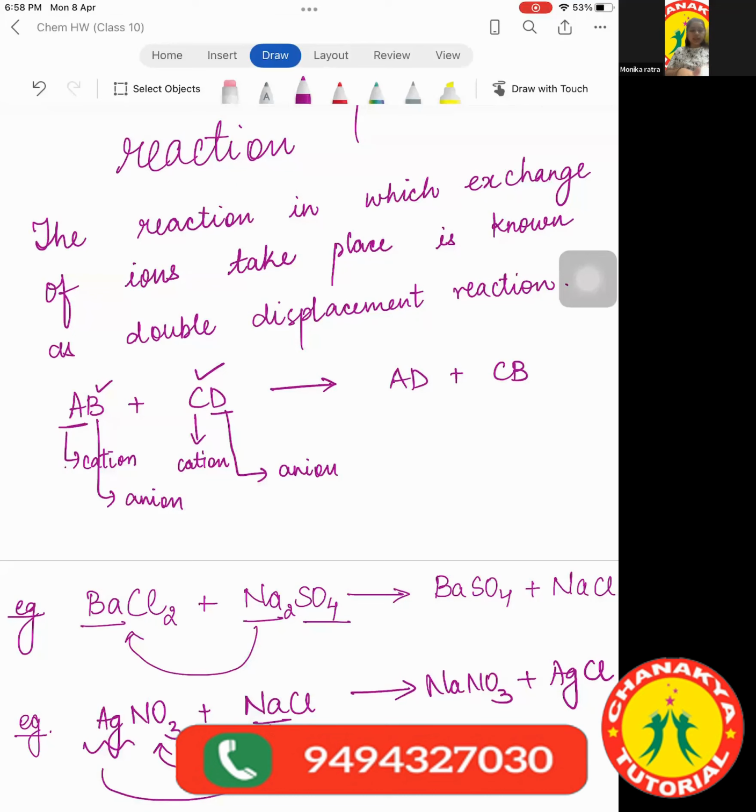Children, in the next class, that is on Wednesday, we are going to do the last reaction of NCERT, and I'm going to introduce you to two more reactions which are not directly part of NCERT, but they are in NCERT indirectly. So we are going to discuss those two also. One is the precipitation reaction and the other is the neutralization reaction. They are hidden within these reactions, so that is asked in the paper sometimes. So I'll explain all of that to you in the next class.